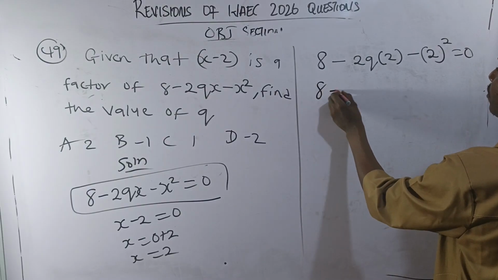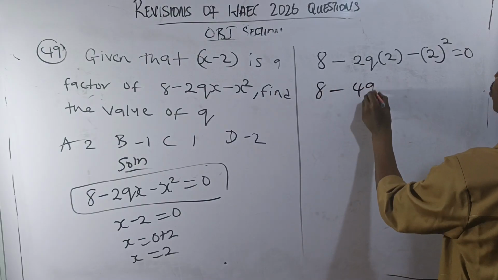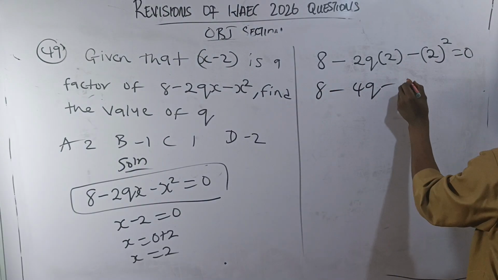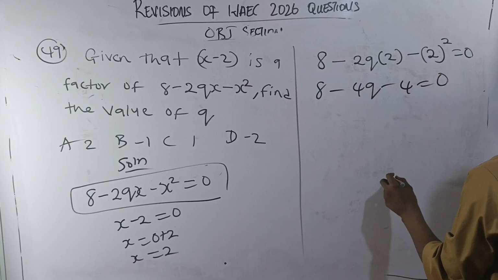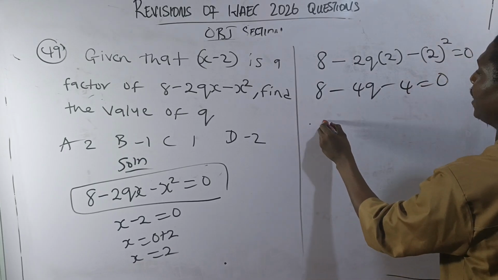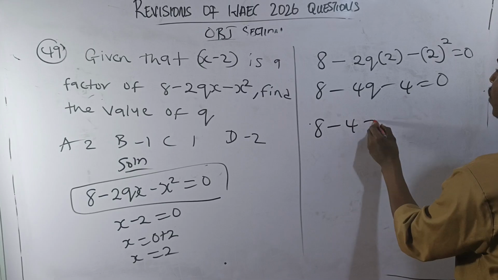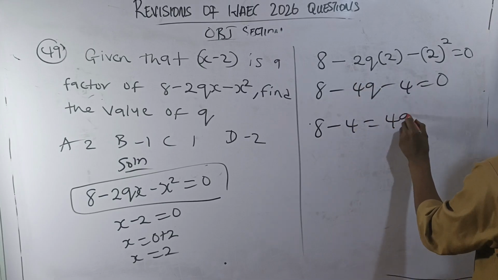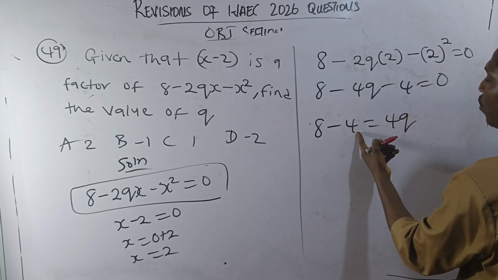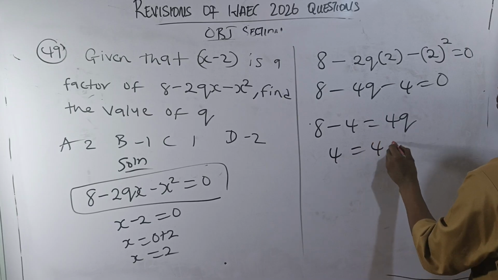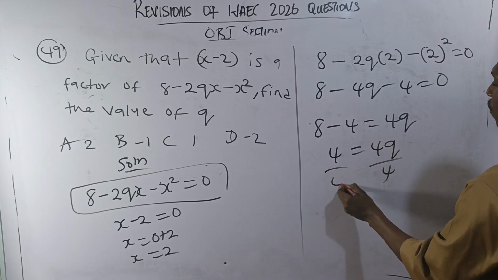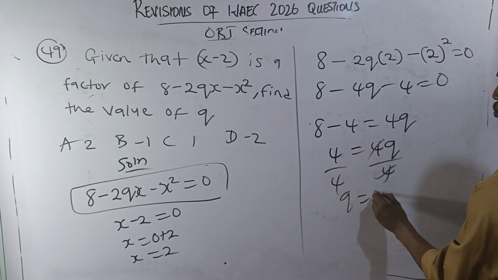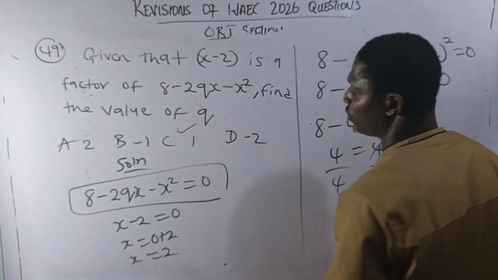So we have 8 minus 2 times 2, 4. So I have 4q minus 2 squared, 2 times 2, which is 4, equal to 0. Now I have 8 minus 4 equals, bring it to the other side, become positive 4q. 8 minus 4 will give me 4 equals 4q. If I divide through by 4, q will be equal to 1. And that's my answer, which corresponds to option